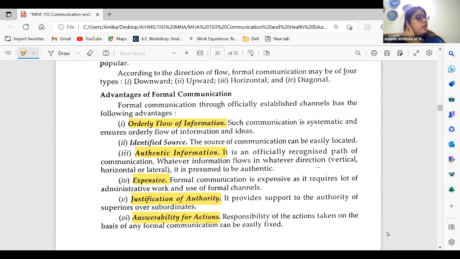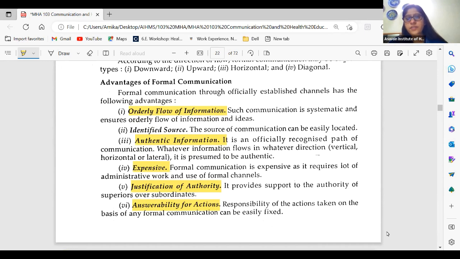I just want to highlight a few things. Whenever we talk about formal communication, it has a few advantages. First of all, it is in a systematic manner, because in formal communication people don't use their opinions. These are basically orders or some strict information which needs to be passed from one department to another. These are authenticated because these are system based, official ideas, not any person specific ideas.